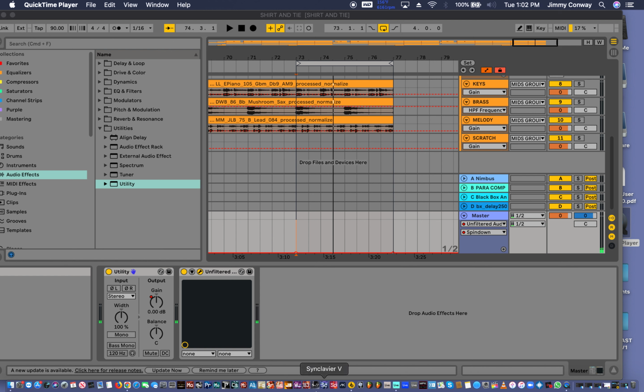So here we go. The first thing I want to do is make sure I have, for the fade out, I'm going to use a utility plugin, and I'm going to use the gain on the utility plugin. So if I hit the utility plugin's gain,